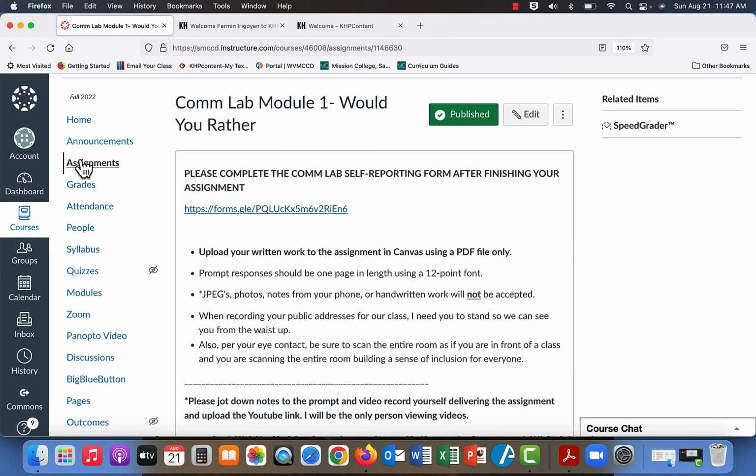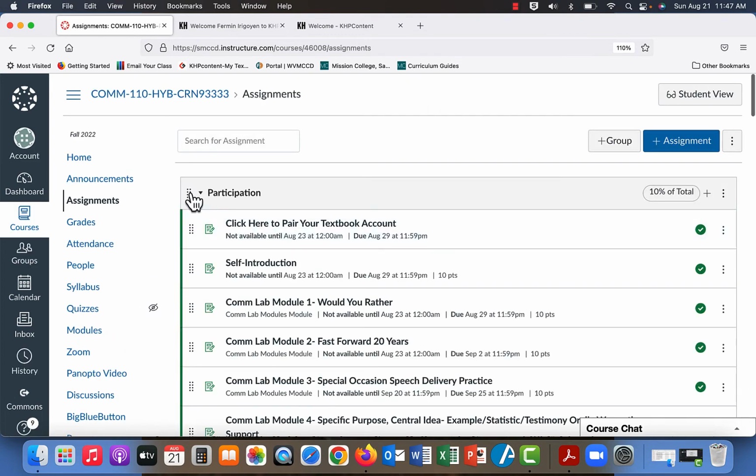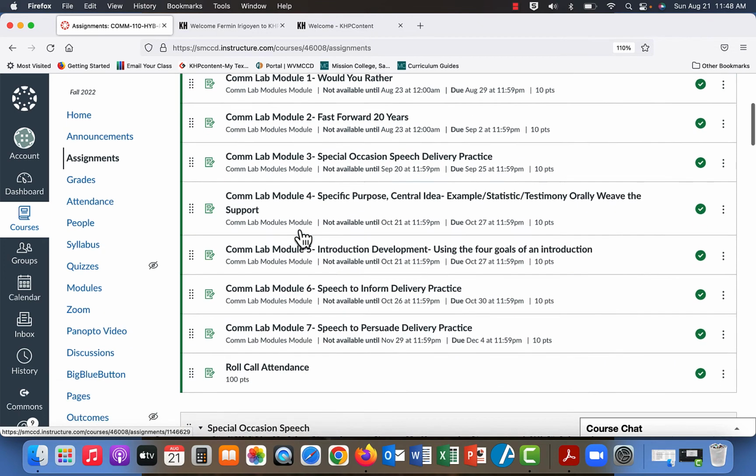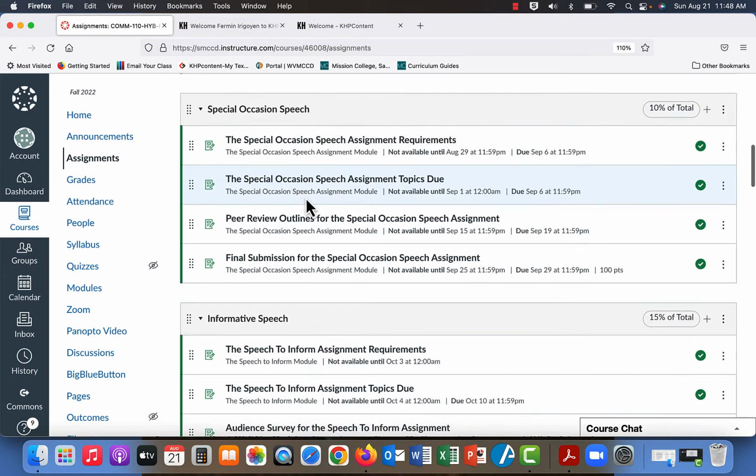Okay, so let's go back to assignments. So when going through all of this stuff on Canvas, it's probably better that you use Google Chrome to get your work in and that sort of thing. For some reason, it just works better. And here, something I'd like you to do is click here to pair your textbook once you get your textbook to the Canvas site. And if you're in Google Chrome, which I think it's wanting you to do, you just click there, and then there's a button that says pair textbook. You click that, and so the textbook and your Canvas page will be integrated correctly. I give very thorough instructions to all of your assignments.